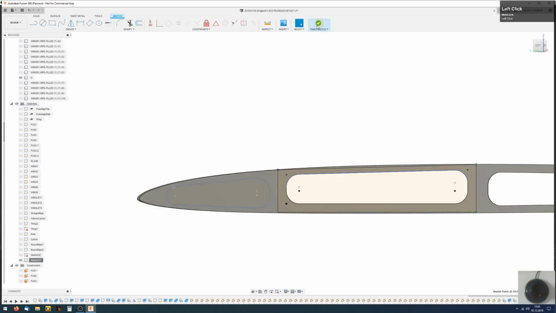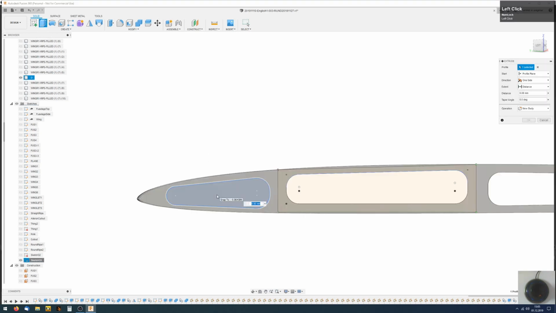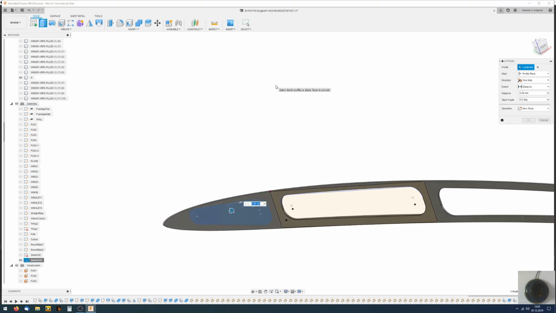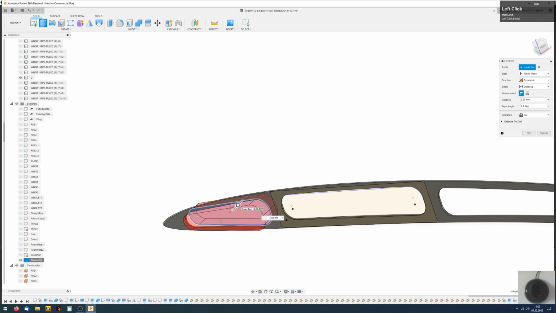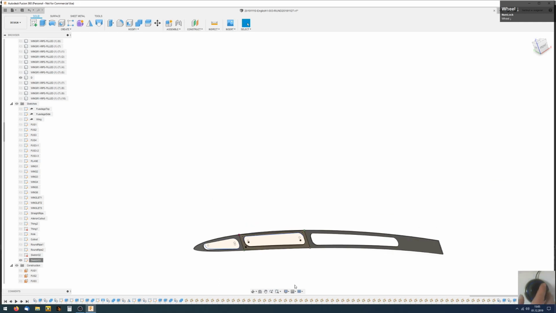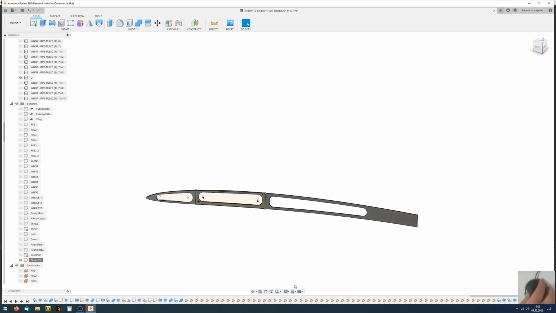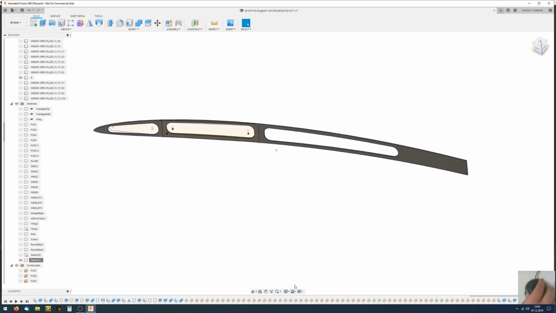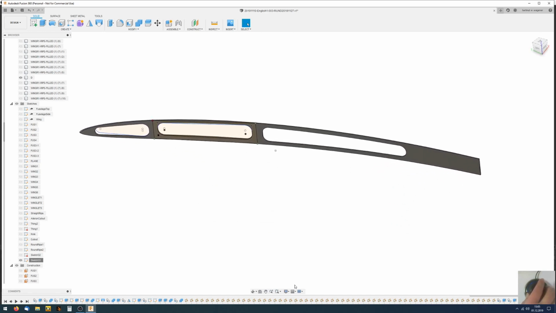Okay, finish sketch, extrude this one, symmetric, and now it is okay. So we have created our first fully web with all holes inside.